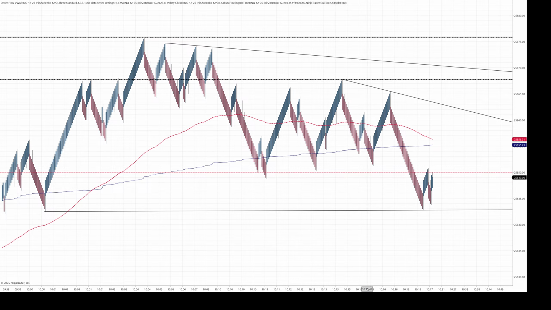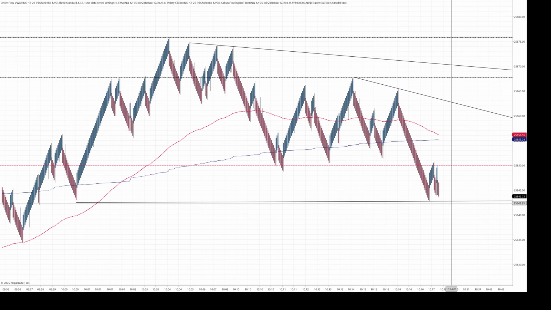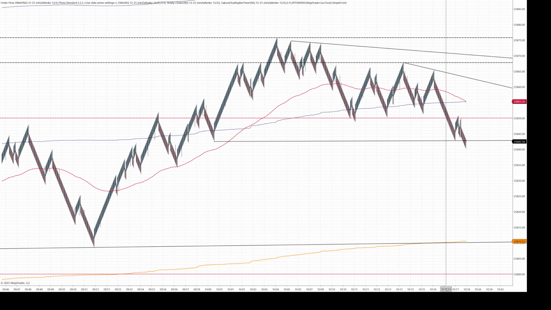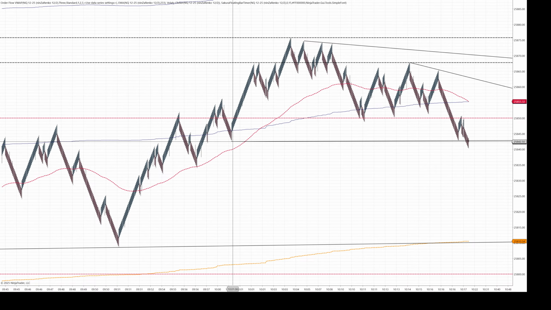Because the naked eye would see the pullback back to 50 and we can go back down, sure. But I'm looking at prior levels here. It did end up making the move, but